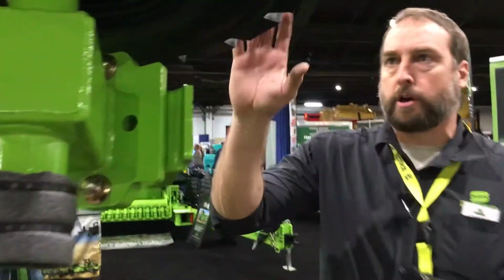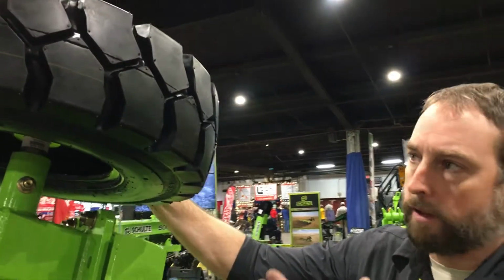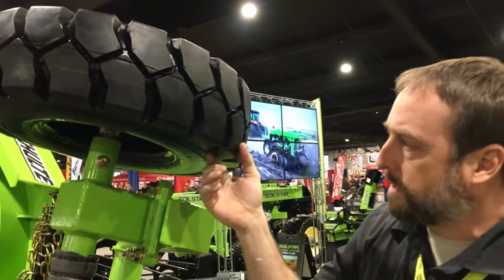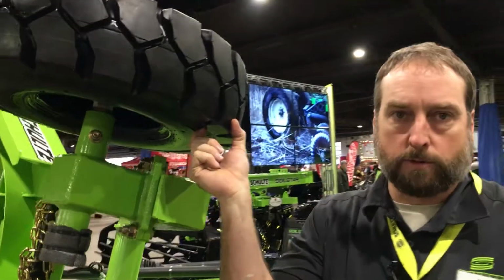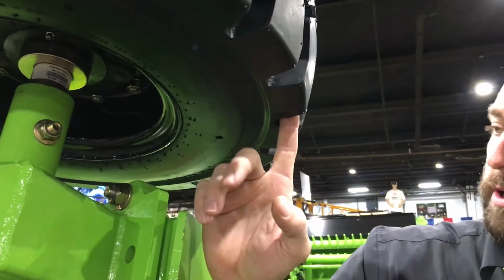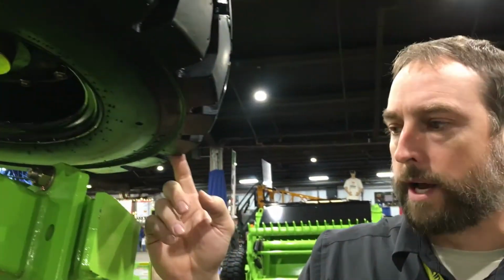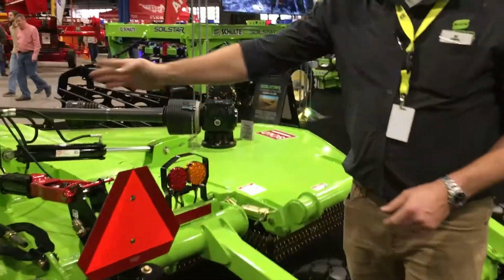As far as our tires go, this unit has foam-filled forklift tires. I love these tires and I love pushing these tires because you have a very thick piece of rubber to wear out. You also have a cleat, so when you do get on the side of a hill, it gives you some sort of extra traction. Moving to the back of the cutter here,